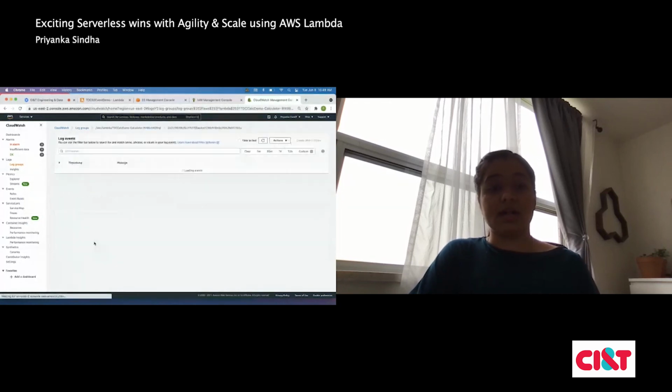This is how it writes the logs. When it executes, it has a unique request ID, and you can track this request ID. It will do all the things, then finish, and you can return the response to your API.